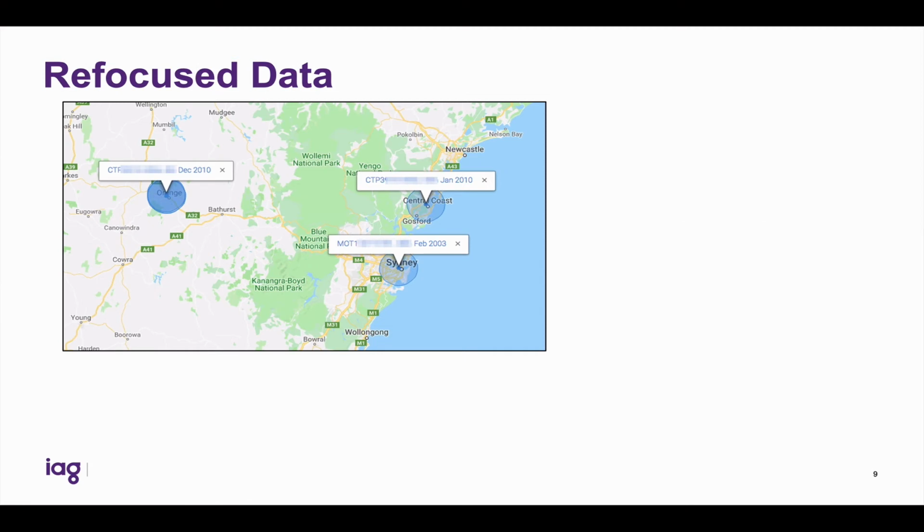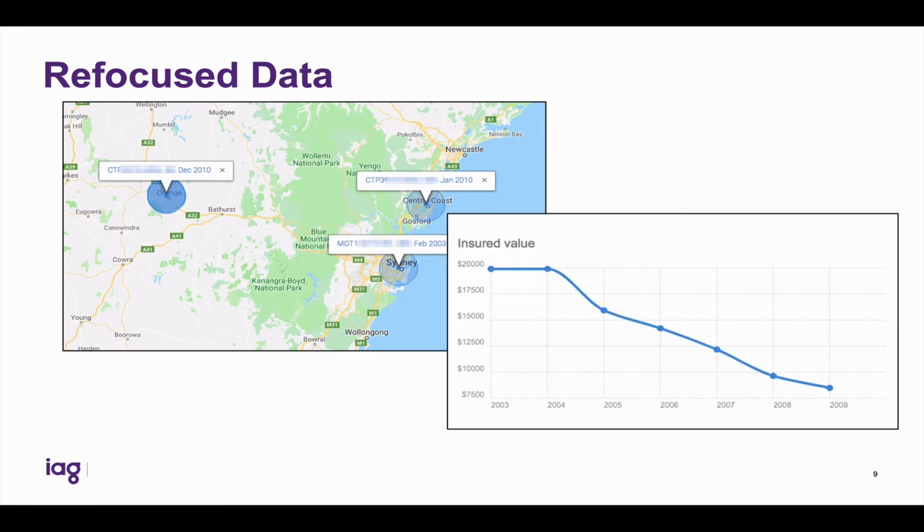And so here we're looking at refocus data. This is where we say, okay, of those cars that he's listed, where are those vehicles located? And here you can see over time that vehicle, that CRV, was first purchased. We can see its insured value over time using our single view of asset component of SVX. We can say this vehicle, 2003, was worth $20,000, and you can see here over time it's reducing in value.